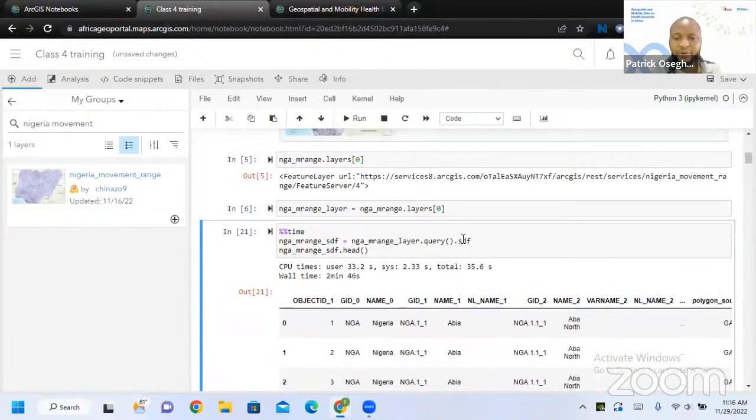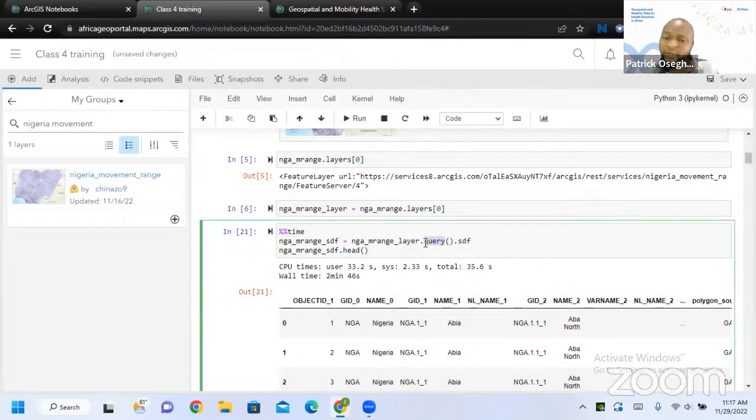From my variable, now I have to convert this data. As I've said, I want to convert it to a data frame so that I can wrangle it, play with the data, and do whatever manipulation I want. So how can this be done? I have to use the query function. I prefer to use it rather than pandas, because pandas will definitely throw an error if there is a null.